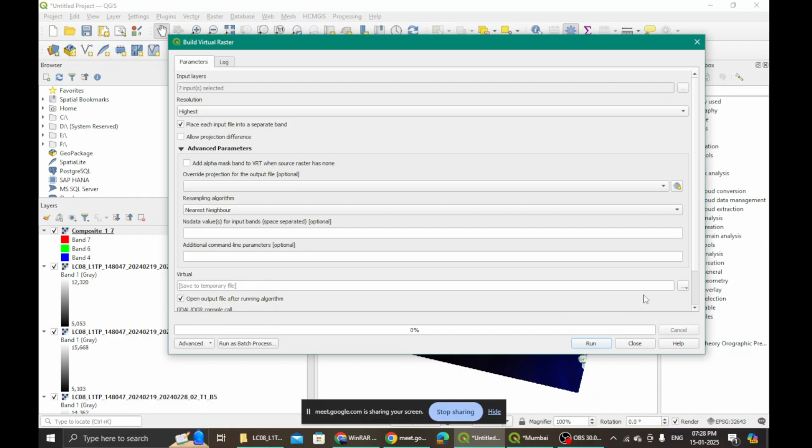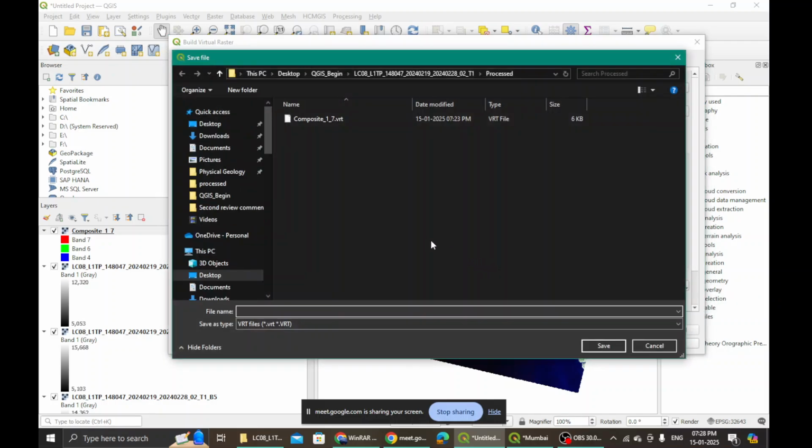Come here at the end of that vacant bar. Click. Do you see these two options? Save to a temporary file and save to file. Click save to file, and then give it a name. You are making a composite from 1 to 7, so give it that name. Composite underscore 1 underscore 7.